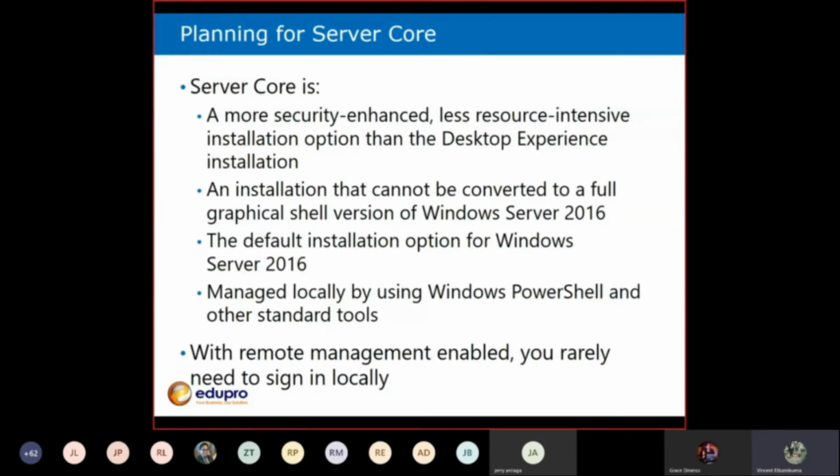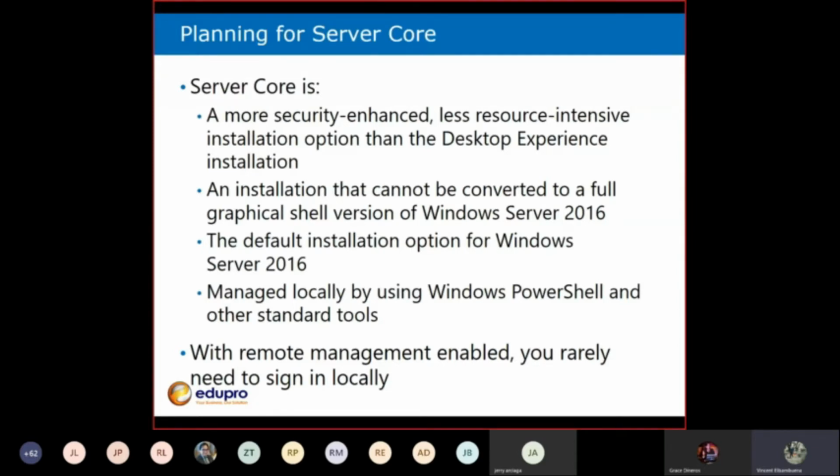Okay, now, what are the server roles that can be used for server core? Ano yung mga pwede nating i-deploy kay server core? So we can use ADCS or Active Directory Certificate Services. Take note of that. Active Directory Domain Services, so meaning it is possible that your domain controller is a server core. Also, DHCP server, they can manage IPs and such as DNS server, file services, Active Directory Lightweight Directory Services